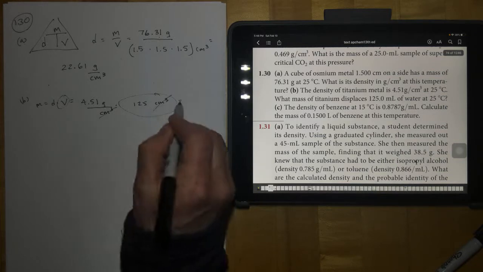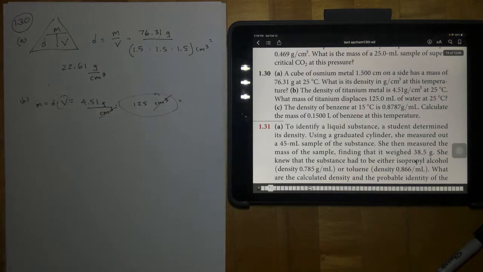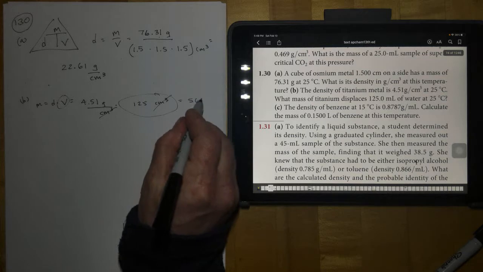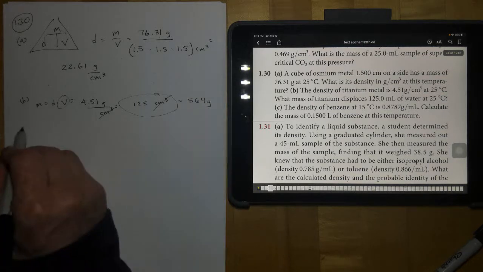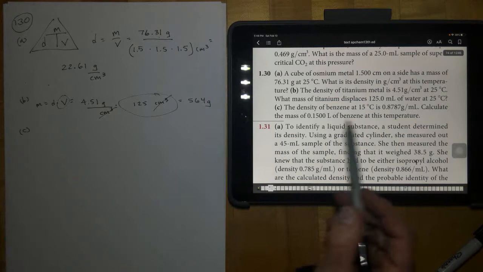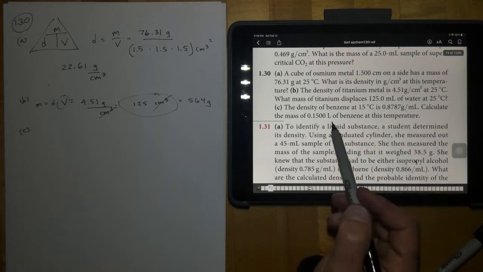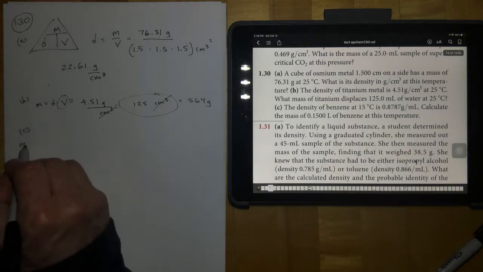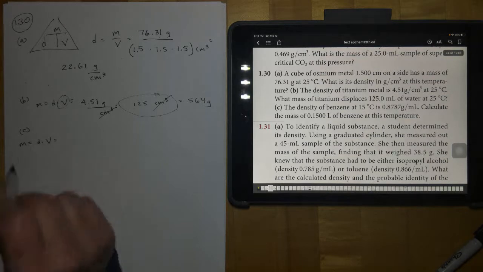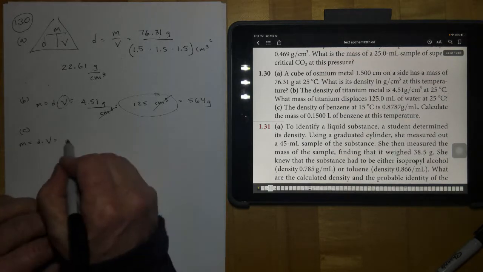So you know your cubic centimeters are going to cancel. You end up multiplying those two units together, and you end up with 564 grams to 3 sig figs, which is what you started with. And then letter C, the density of benzene is, calculate the mass of benzene at this temperature. Once again, mass is equal to density times volume. It tells us that the density is